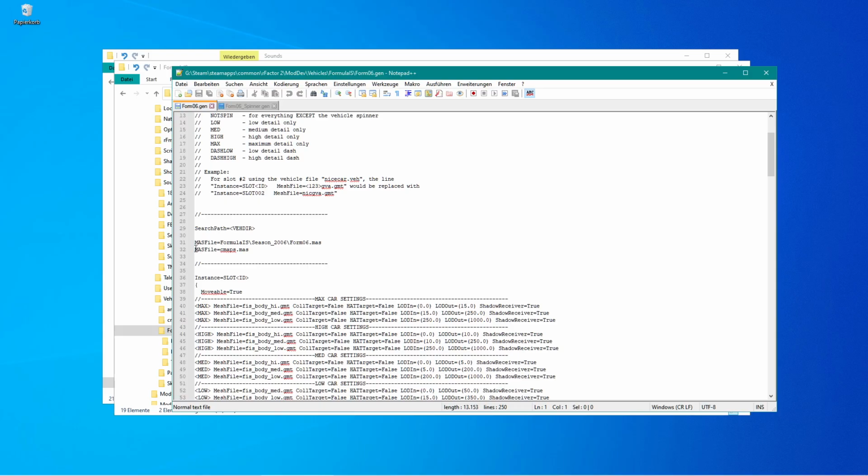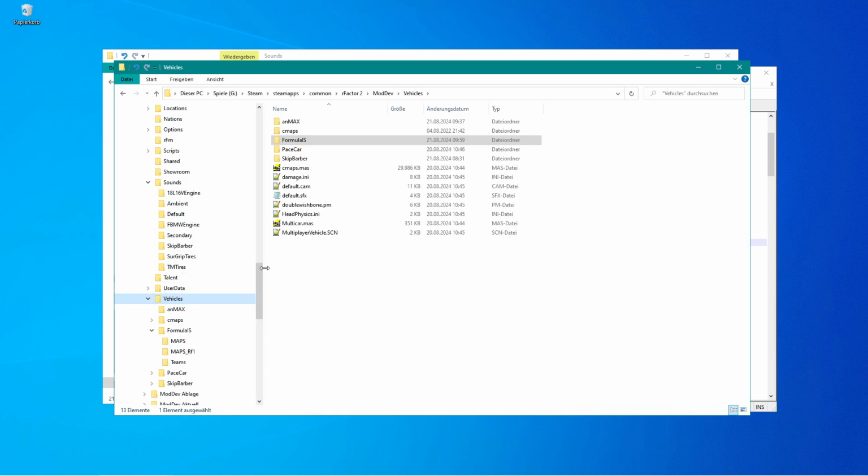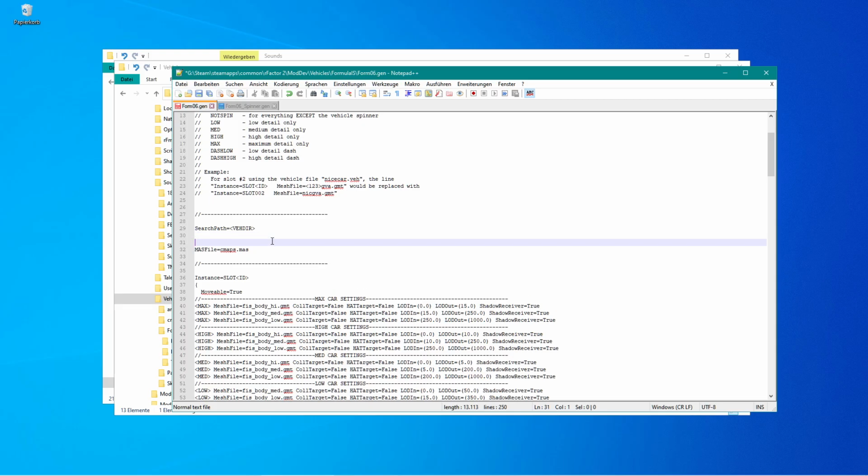This was used for rFactor 1, and we will modify that a little bit now. Because we have no mass file anymore here, we can use this line. This line should always be kept because it is a common or a main file that includes objects that are used for every car. So you should keep that as it is, and only add the